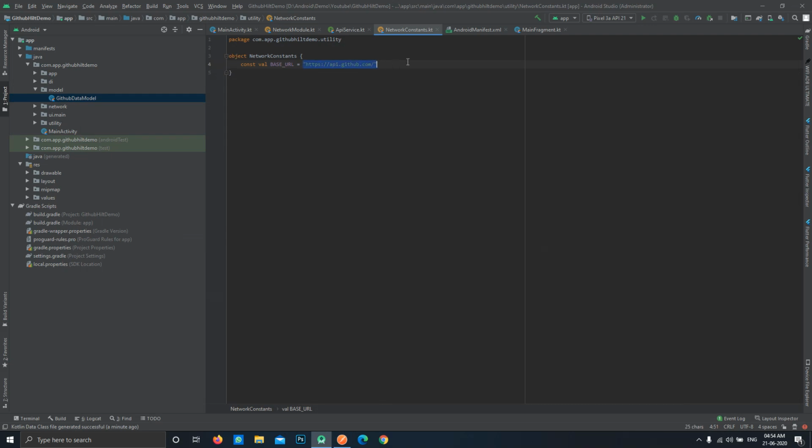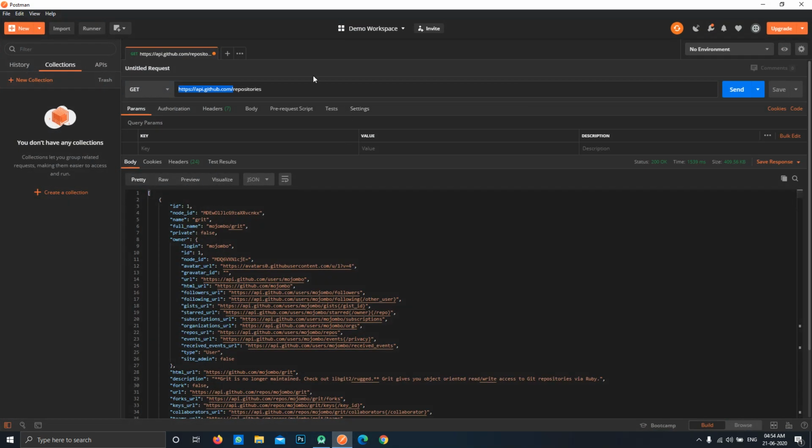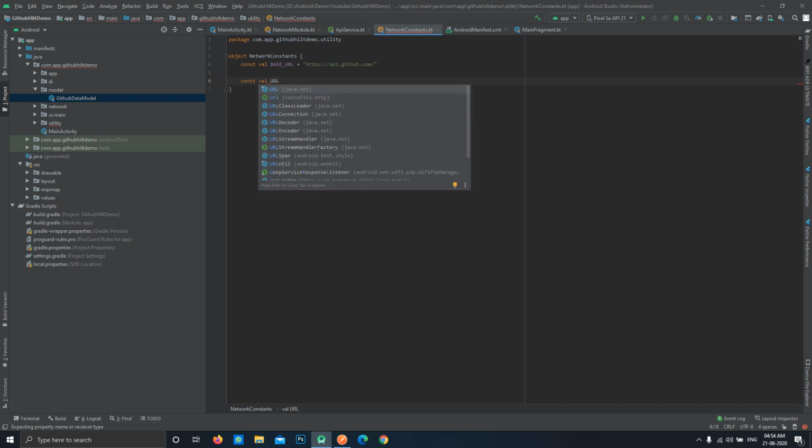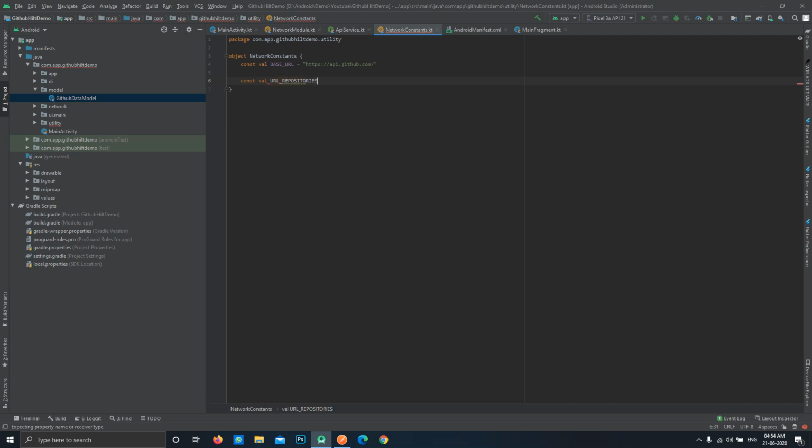So this is our base URL, because this will never change. If we need to add more APIs in our project, then this base URL will be the same for them, and the only thing that will change is what comes after this base URL. So now copy these repositories from here too, and let's create a new variable. This will also be a constant variable which will not change anytime in the future. So let's name it URL repositories, and just paste it over here. We'll be using this later.